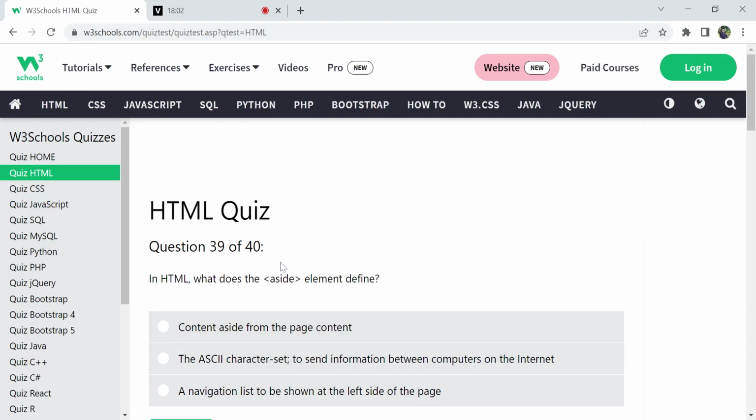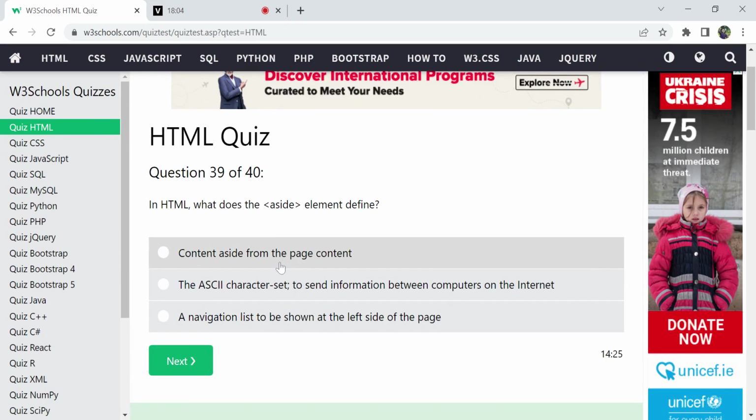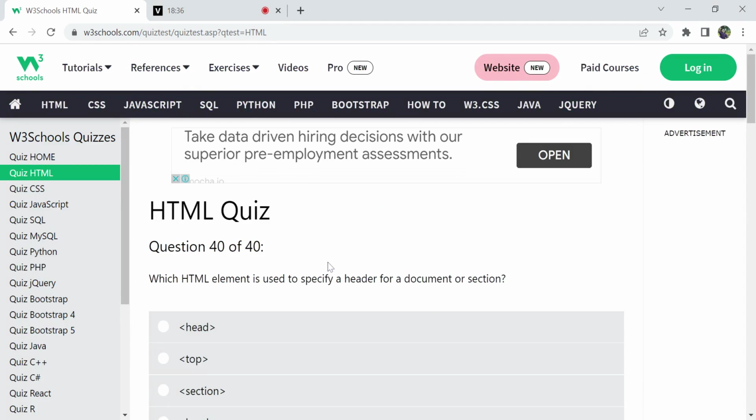And the aside is nothing but a semantic tag. If you go through our YouTube channel, we have done an HTML5 crash course with videos on semantic tags, including the aside tag. There are many tags other than normal tags in HTML which are used to divide the web page into parts like footer, header, aside, and middle content. The aside tag is basically for content aside from the main page content. It is not for a navigation list or other information, so these are not the correct options. The aside tag is only for page layout.